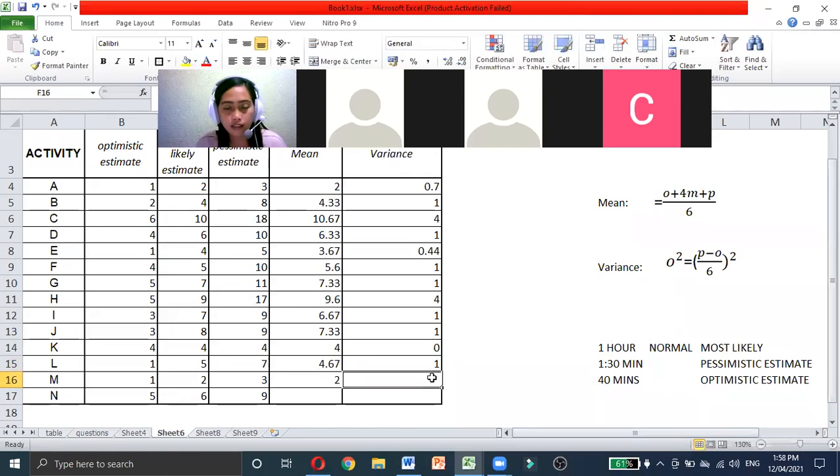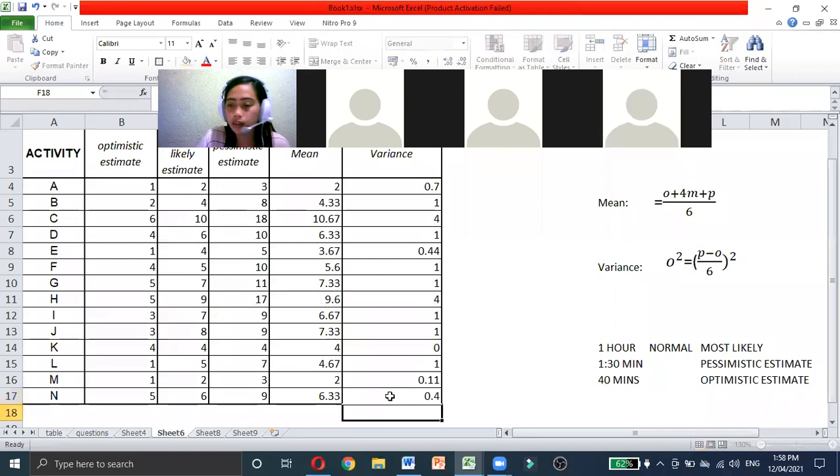And then the variance? 0.11. Okay, and 6.33. And then the variance? 0.4. Okay, now we are done in getting the mean and the variance of the optimistic, most likely, and